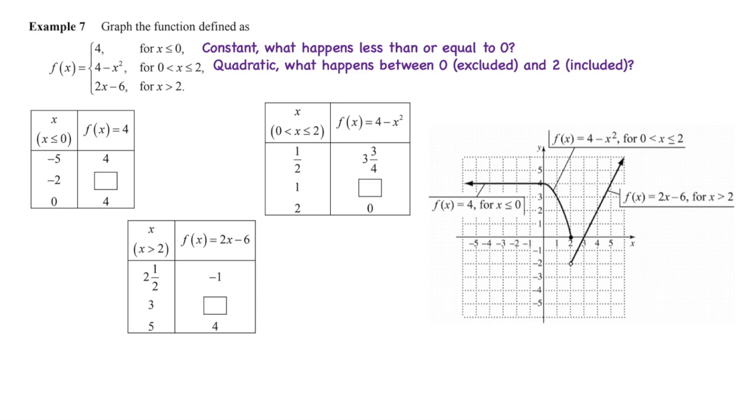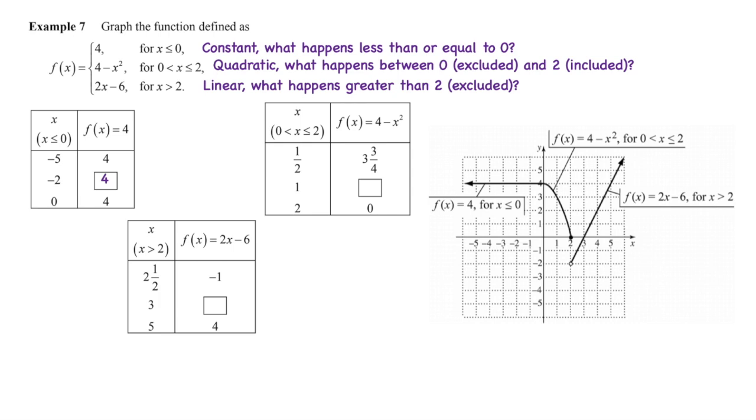Our second equation we know is quadratic, and we want to know what happens between 0, excluded, so we might want to put in an open circle, and 2, which would be included, a closed circle. And finally, our last equation is a linear equation, and we particularly want to know what happens greater than 2 in an excluded manner. Our first equation is constant, so it doesn't matter what we put in for x, it